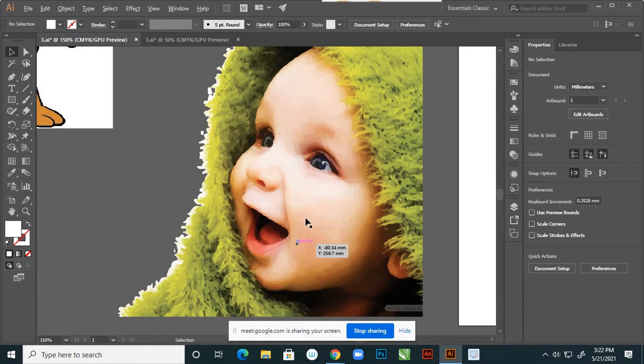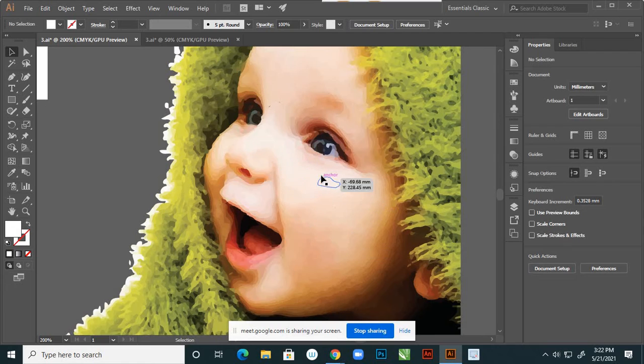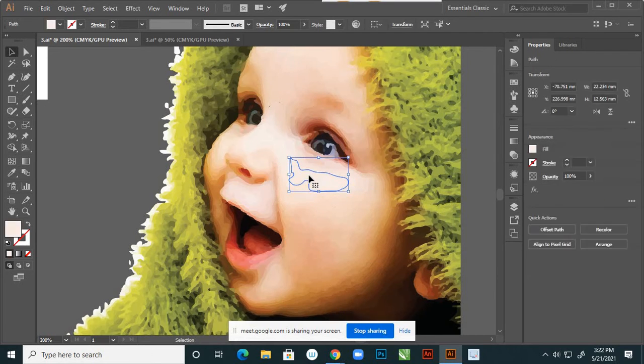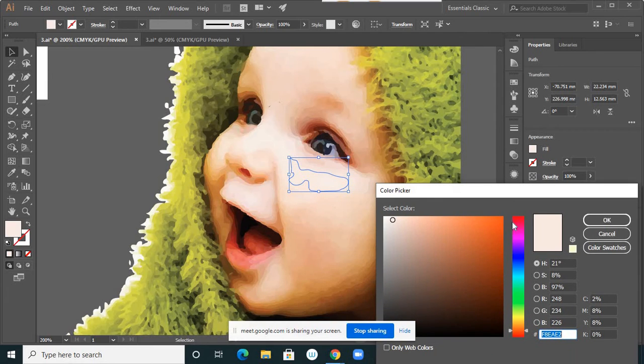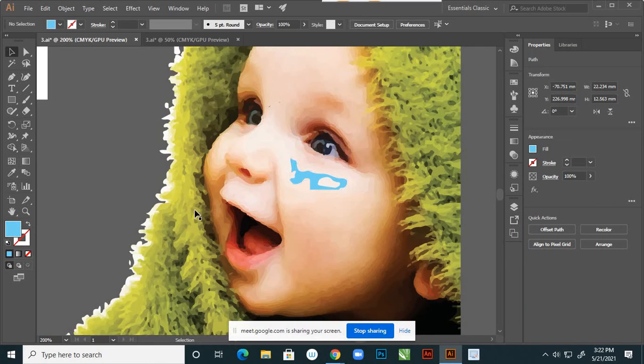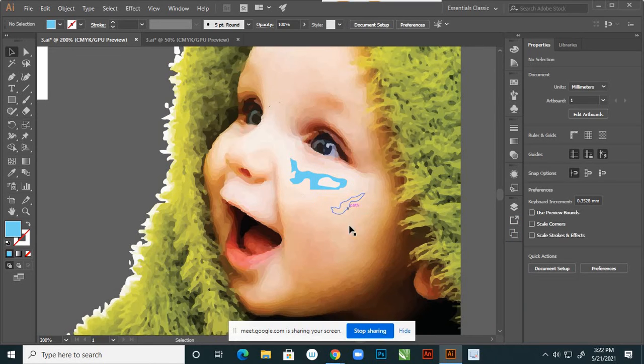Suppose see, now I want to change this color, particular area, right? Suppose see, select this portion, so in fill area, and choose your required color. So whatever that color, suppose I am changing into that, see, and choose that another color, right?